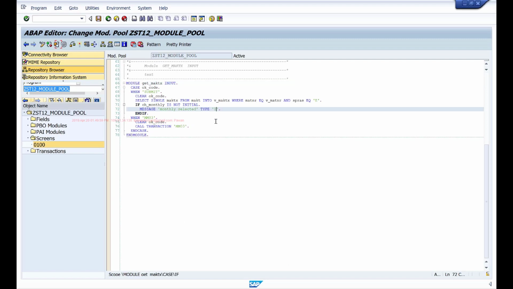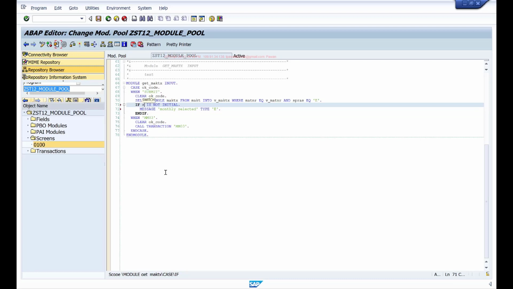And similarly, if I handle some message, let's say I want to show this error message here, and instead of this you say if sy-subrc is not initial, that means the user has given me a wrong material number, so I want to show one error message.